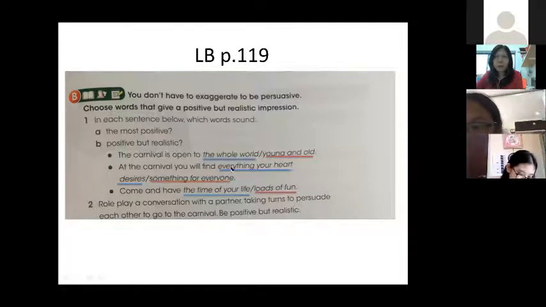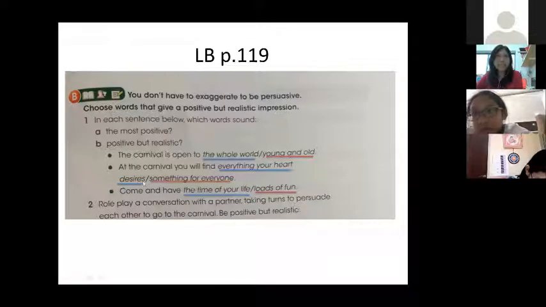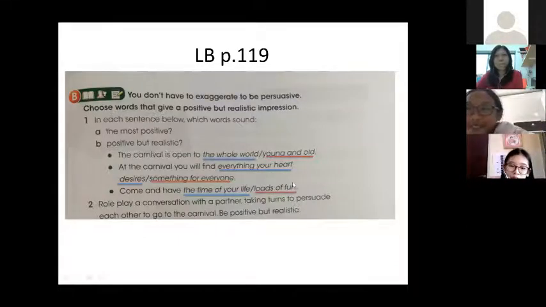I see. But what about this one? Everything your heart desires. Do you think in a carnival you will find everything your heart desires? There are a lot of stuff that most people like in the carnival. But everything your heart desires, really? Yeah, I think so. Okay, Gabby, what is your opinion? In the carnival, some people don't like roller coasters, so